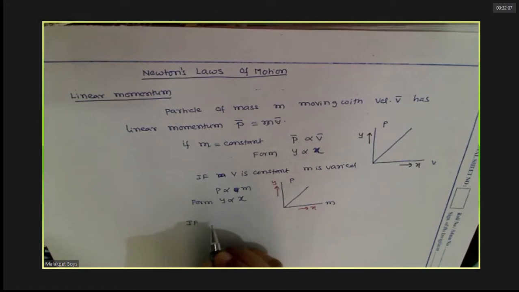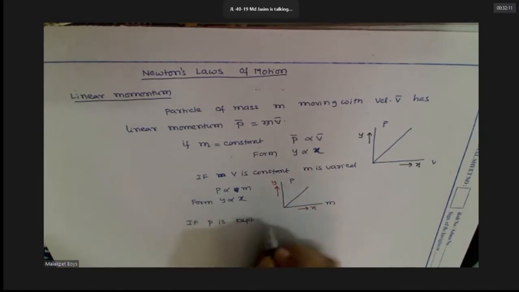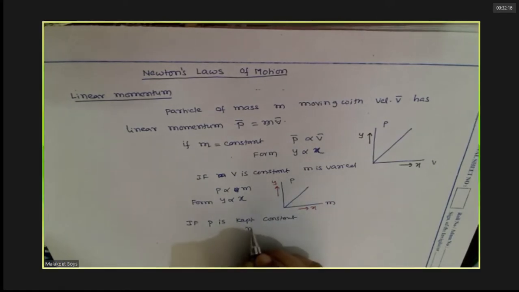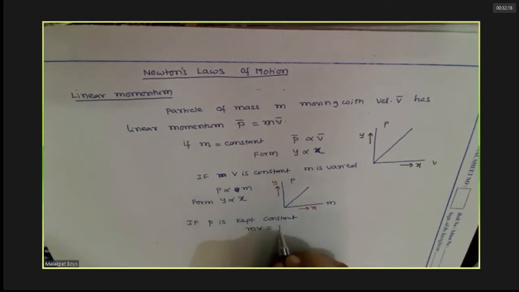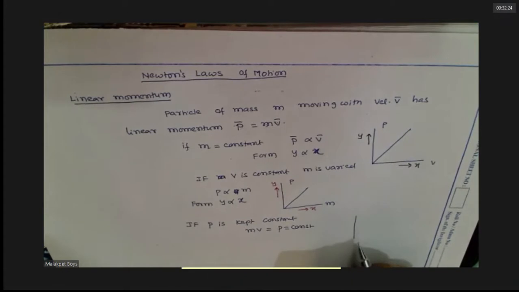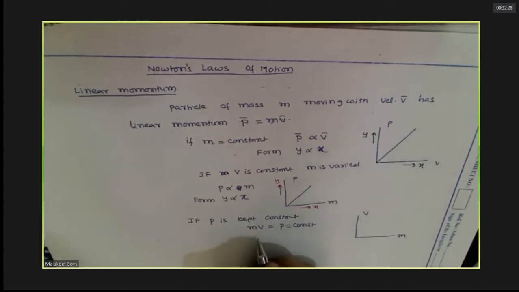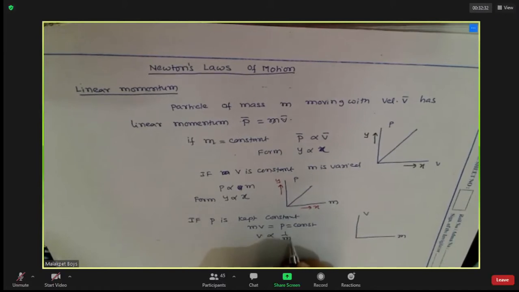Suppose R of x plus dx was still here and R of x was still here only. If you subtract this area from this area, you will get this area. So that area is what? R of x plus dx minus R of x, which is also equal to f of x times dx, because that is the rectangle whose breadth is dx and length is f of x. So V is proportional to 1 by M, and you got this equation.